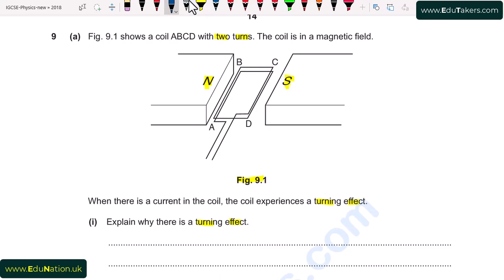So when current passes through this coil, if I consider that current passes in this direction, then the magnetic field is from north to south, and the current on the AB side is in the upward direction, while on the CD side the current is in the downward direction. So using Fleming's left hand rule, I write here